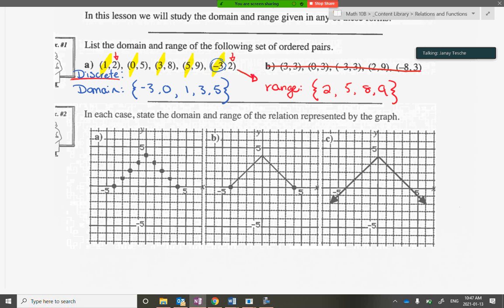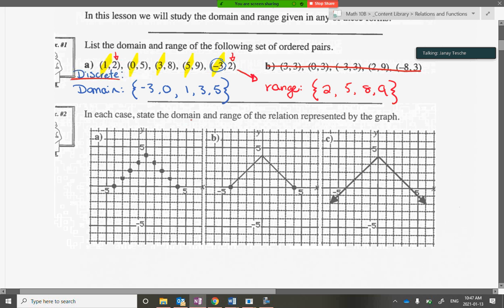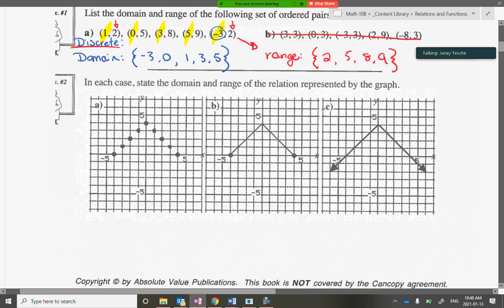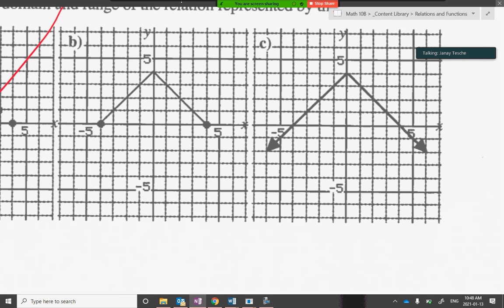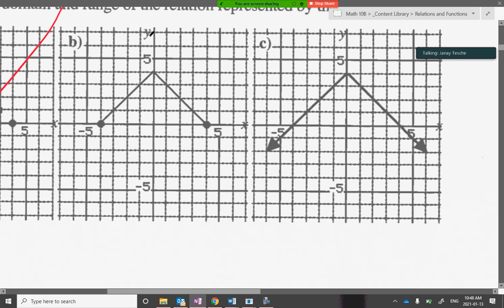Cool. I'm not going to do class example A because there's not a ton of space for the ones below, but we will do B and C. A, again, is just discrete data, so it would be the same thing. Just write out your x, just write out your y. So let's look at B. I'm just going to make it a little bit easier to see on the board. So this is my y-axis, my x-axis,